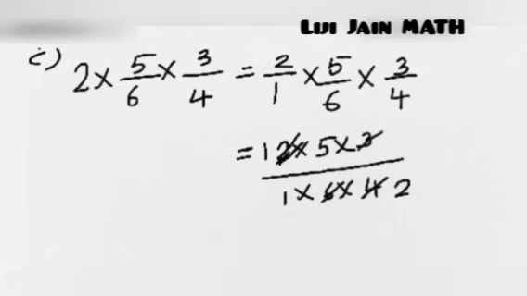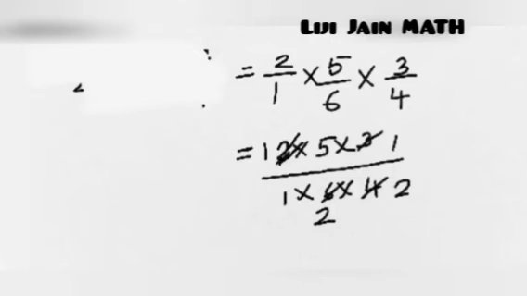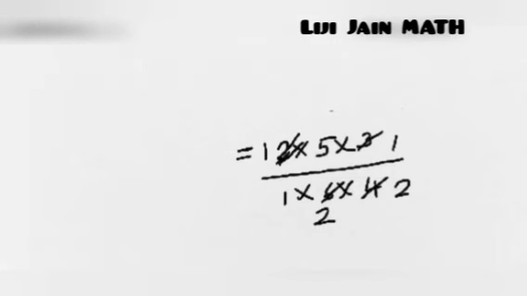3 ones are 3, 3 twos are 6. And anything more? No, isn't it? So, we can stop the cancellation and find the product. So, what remains in the numerator? It becomes